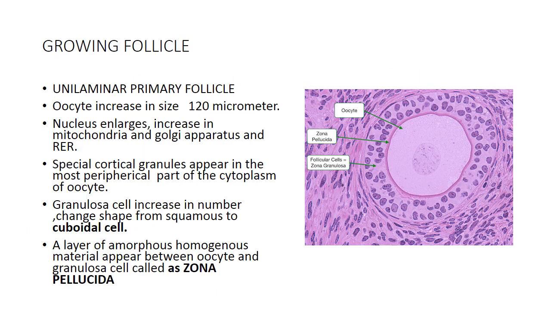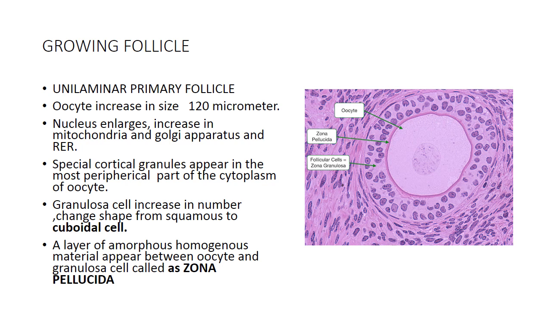As we all know, the ovarian follicle is a spherical structure containing an immature ovum or oocyte surrounded by epithelial cells in the form of a single squamous layer. In the growing follicle, a connective tissue covering is also present outer to the epithelial coat. The ovaries of a female child contain only one type of ovarian follicle, called the primordial follicle, as I showed you in the previous slide.